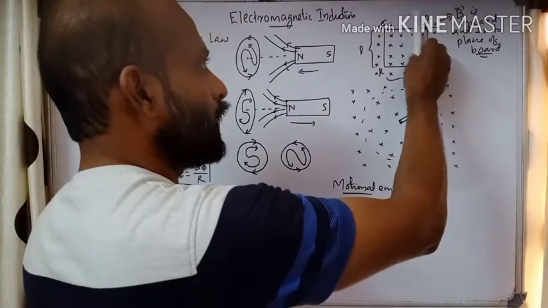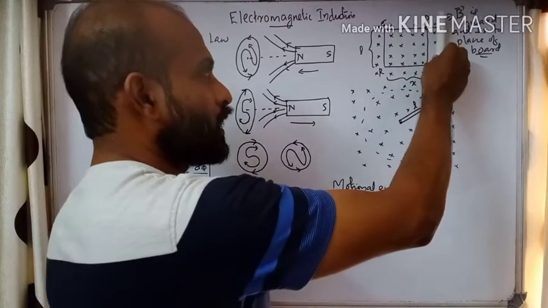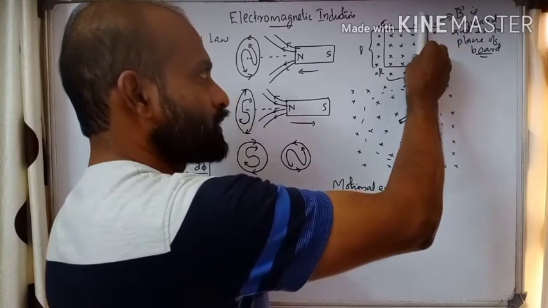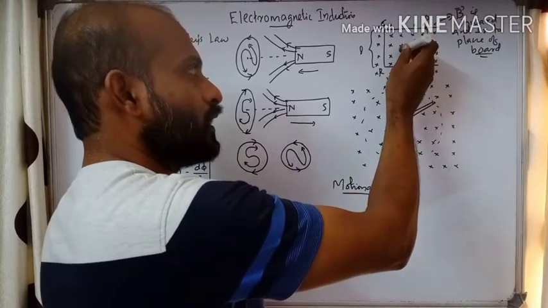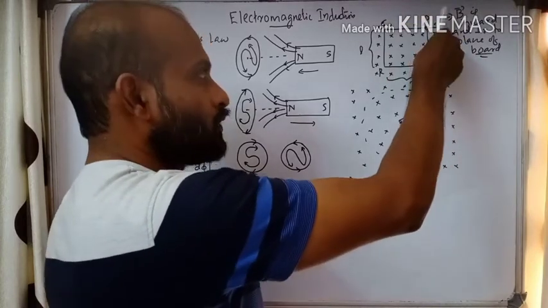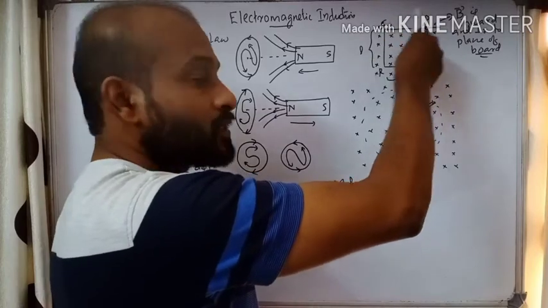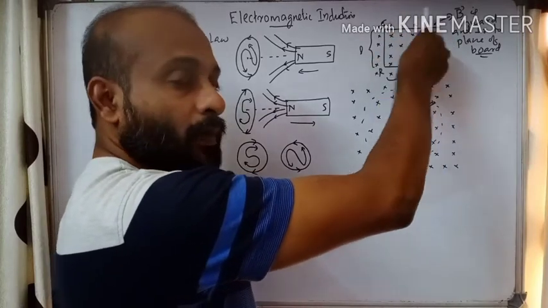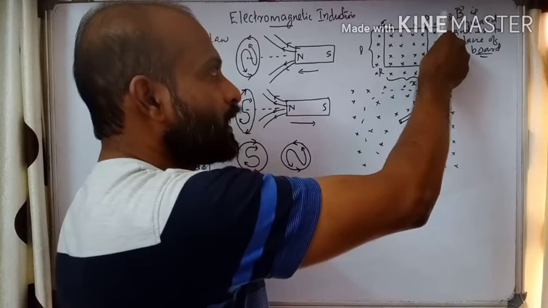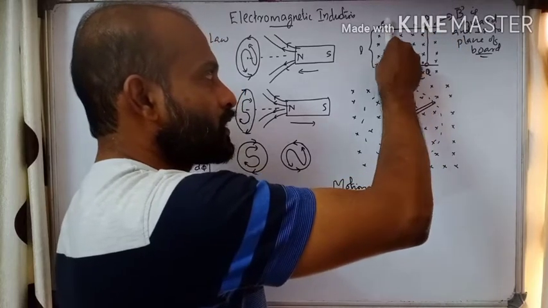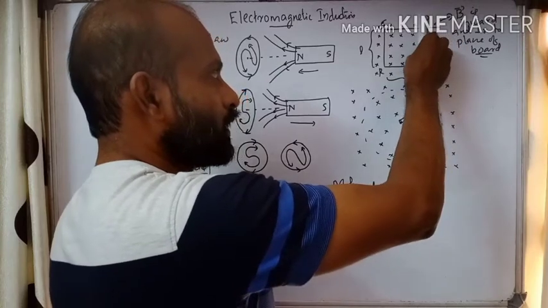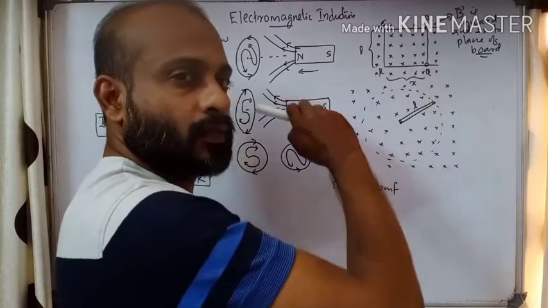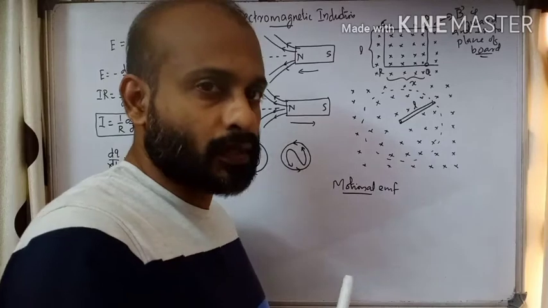We have the conductor PQ. The PQ is moving like this. It is starting from here and moving to this side. When it is moving this side, there is a magnetic field perpendicular to it, inward, so it will cut all the magnetic field lines. There is a change in magnetic flux. The area is actually decreasing. Initially this was the area enclosing the magnetic flux. Now the enclosed area goes on decreasing. This decrease will produce an induced EMF.